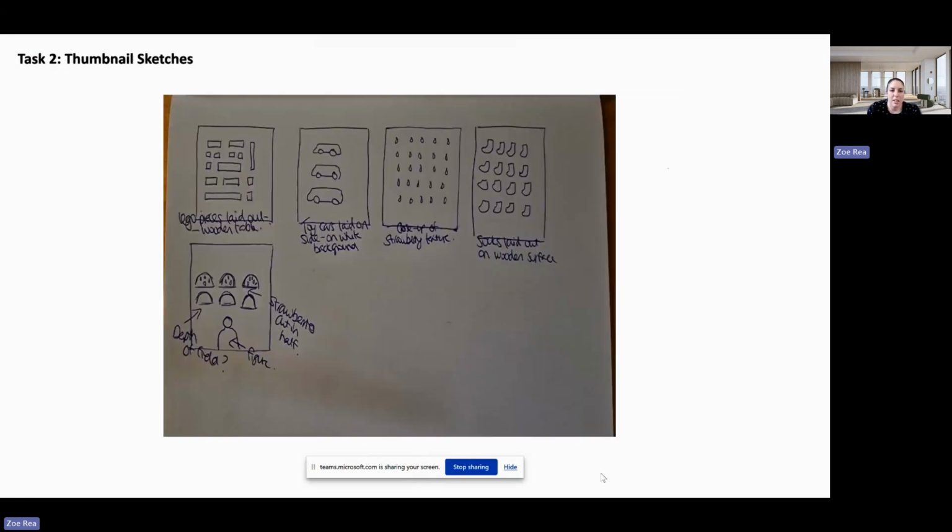Then next, thumbnail sketches, just visualizing what you want to achieve. They don't have to be the most perfect drawings in the world at all. As you can see, mine certainly isn't. But just planning out what your shot might look like, what your framing might look like. So I've done some rough sketches there, and I've done some labeling to try and explain a bit better perhaps what's going on in them if you can't make out what things are. So yeah, and you might have lots of those sketches to help with this process, because it all goes back to